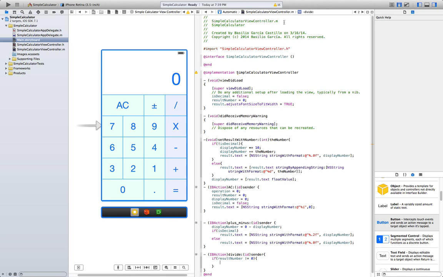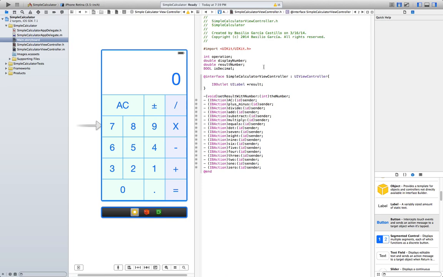So go to the H file, and this is gonna be easier to understand once I show you how it works. Void operation with number, the number. Go to the M file again.